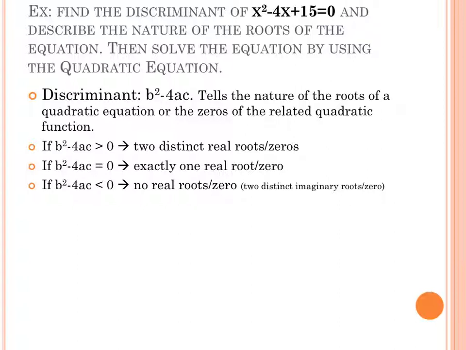So let's first start off by plugging in to our b squared minus 4ac. If we look at our example here, our b would be that negative 4, so it should be negative 4 squared, minus 4a, where a would be 1 when we look in front of that x squared. And then c would be a positive 15. Now when we do that, we can type that in and we would actually get 16